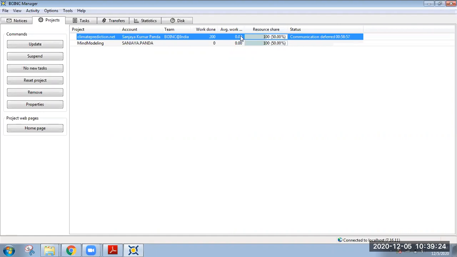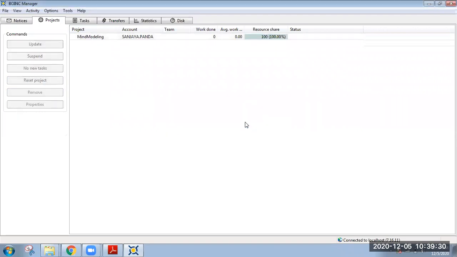We'll see how to add a project and how to run this project. Suppose I want to remove this project, then I can click and click remove, so that I will be removed from that particular project, right? So once you are participating in one project, you are sharing your computer CPU, disk, and memory to this particular project. So whenever you are not using your computer system, then they are going to use your computer system for executing their work, right?